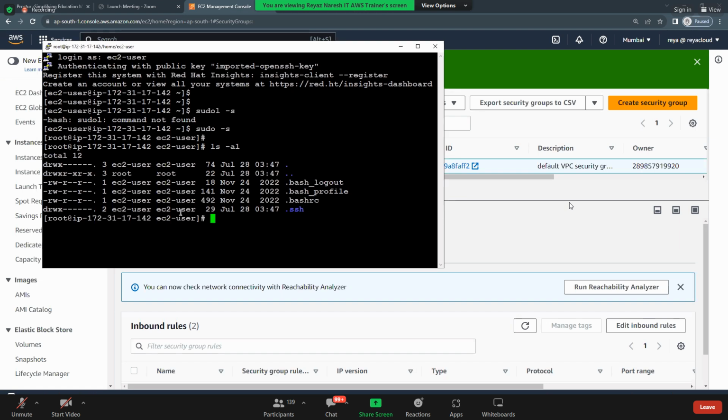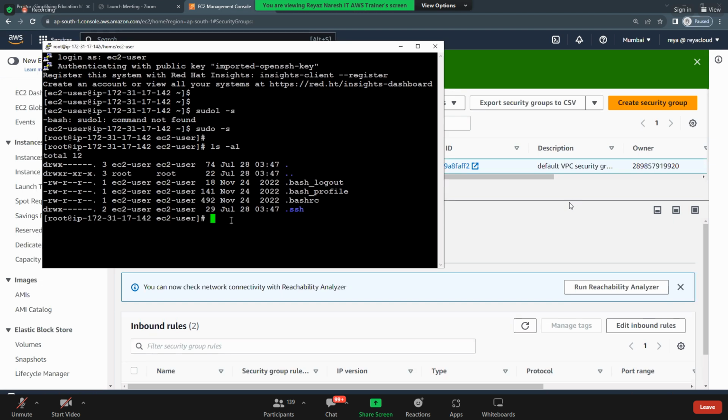Everyone clear how to connect to the Linux machines? So launch your Linux EC2 instance. In the security group, what is the protocol that you need to allow? SSH. And then open PuTTY, put your IP address. Which IP address? Public IP address. Expand connections, auth and all, select the PPK file and then click on open. And what is the username? ec2-user, and then log into the Linux machine. This is how you connect to the Linux machine.